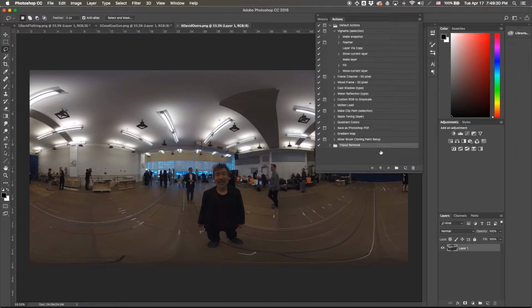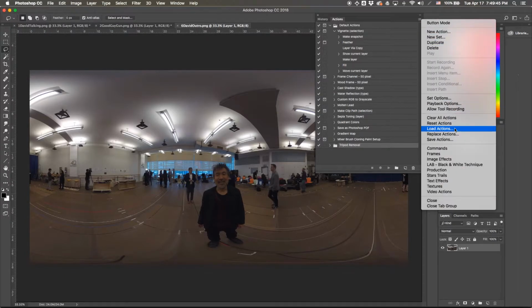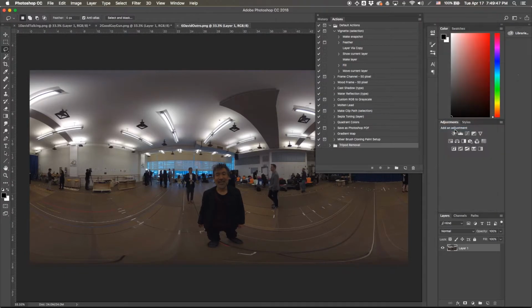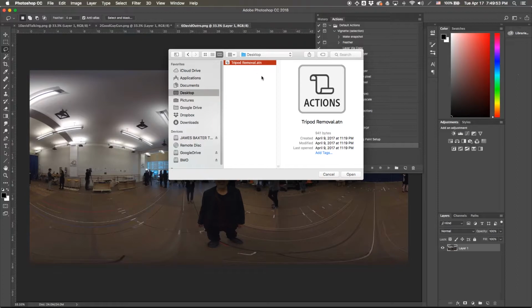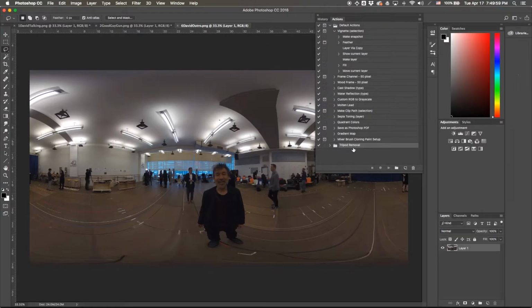So, as you can see, I have an option here called Tripod Removal. You may not have that. So to import it, I'm going to give it to you as a download. And to put it onto Photoshop, you're going to go to the top right of this window and click these horizontal bars. And then you'll scroll down and click Load Actions. Right now, I have the file that you need to download on my desktop. It's called tripodremoval.atn. Then you would go ahead and click Open,